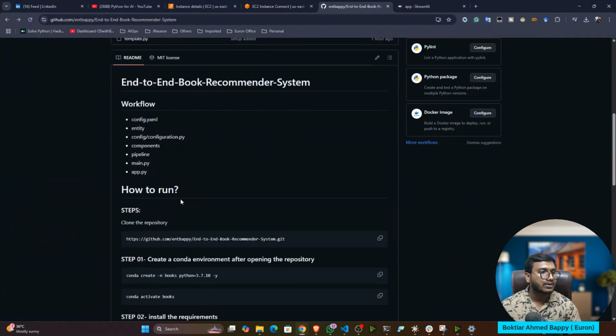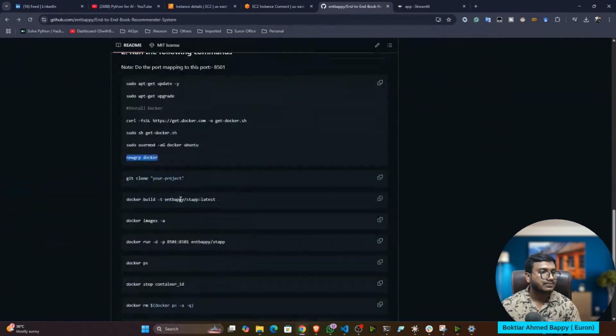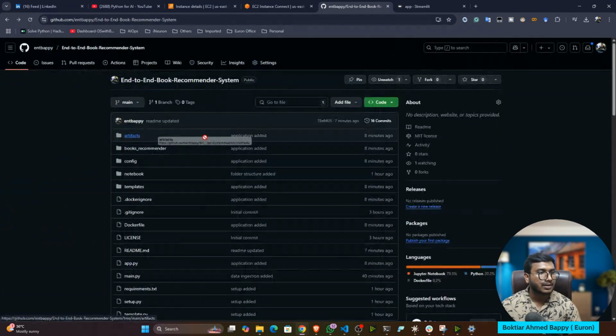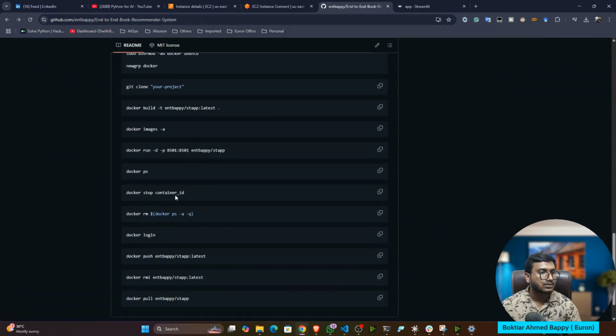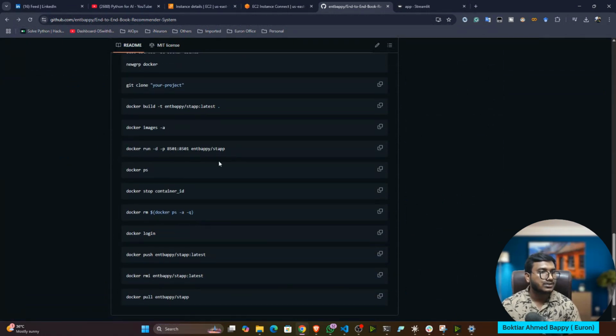Okay, fine. Now what we'll do, guys, we'll try to build the Docker image. How to build? This is the command. So let's copy the command, docker build. One thing, you can change the name of the app.